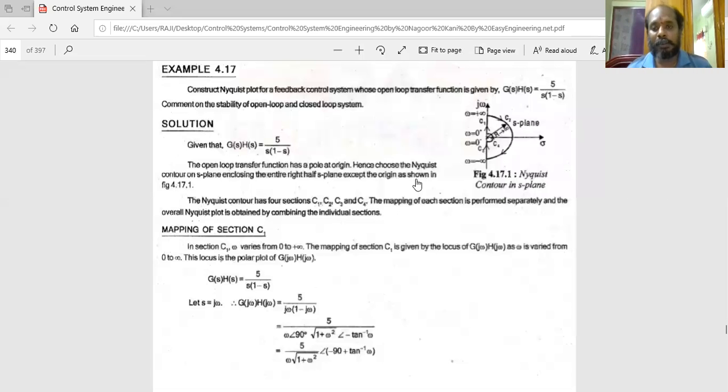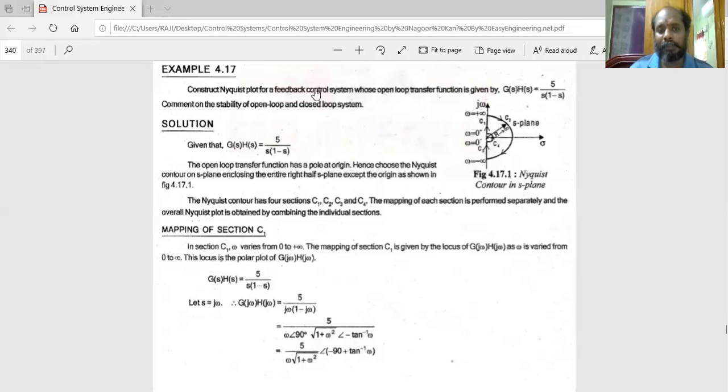Good morning. This is lecture number 3 in the Nyquist stability criteria analysis based lectures. In the previous lecture, we took a simple problem where you don't have a pole to be considered on the imaginary axis. So as I said, in this problem I'm including a little complication, that is, I'm adding a pole. This problem has a pole on the j omega axis.